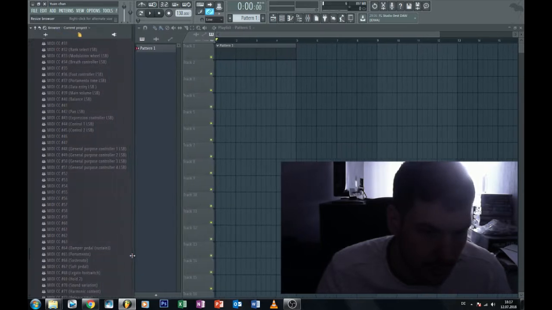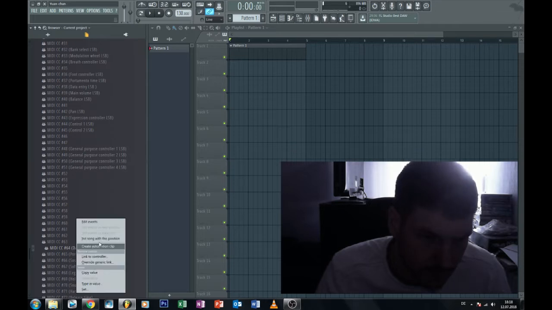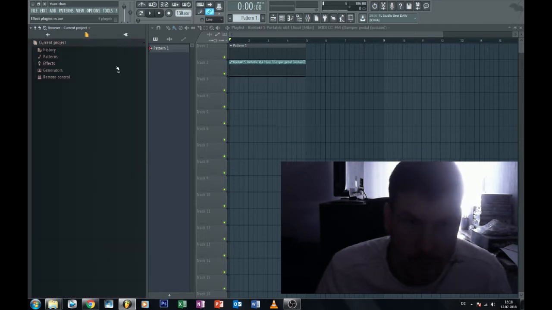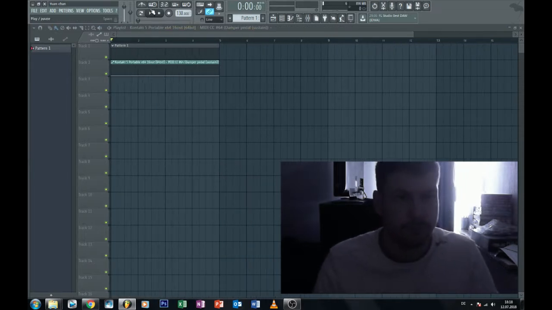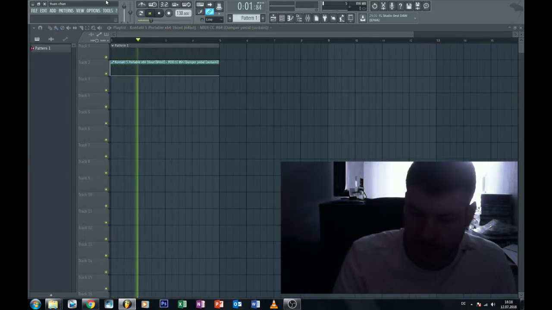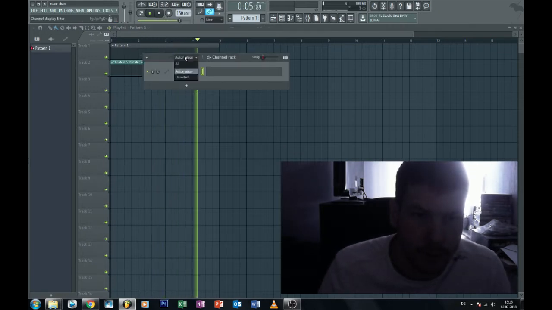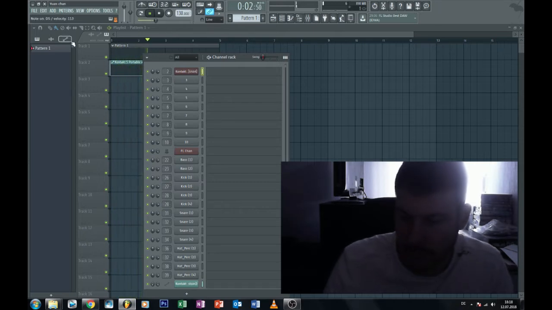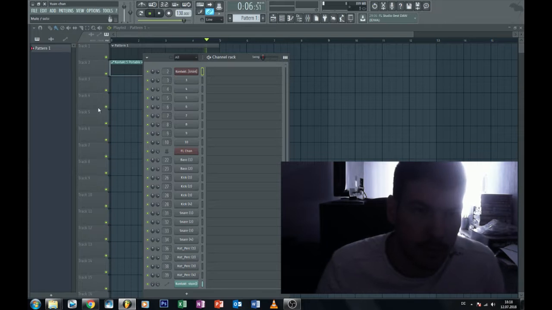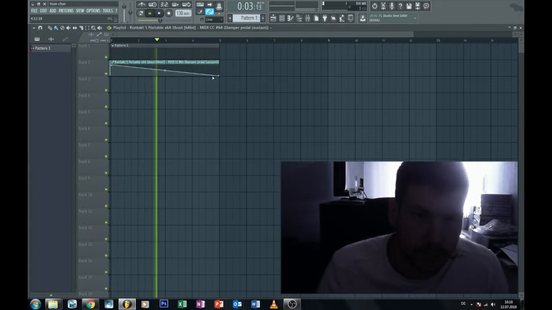Do a right click, create automation clip, and there we go, there's the automation clip. Now if I play the notes, the sound is not sustained yet, but if you draw the automation,